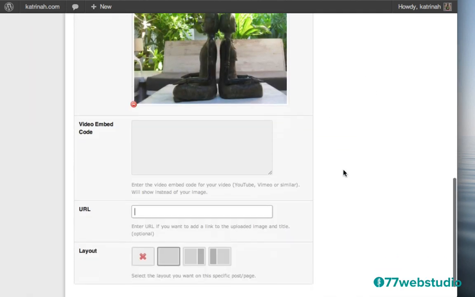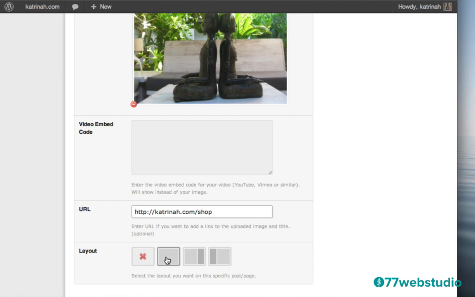Now when you scroll down just a little bit, you can see that you can also add a URL so that, for example, on the home page, if you want someone to click on the slide and be sent to another page on your website, you can add that URL right here. So for example, if I wanted someone to click on this image on the home page and be directed to the shop page, then I would add a URL here for the shop page. So I will just add that there like that.